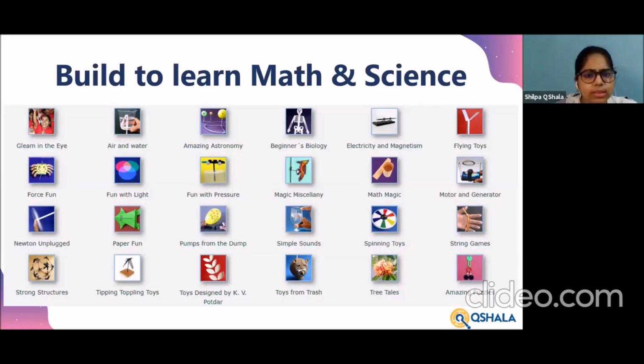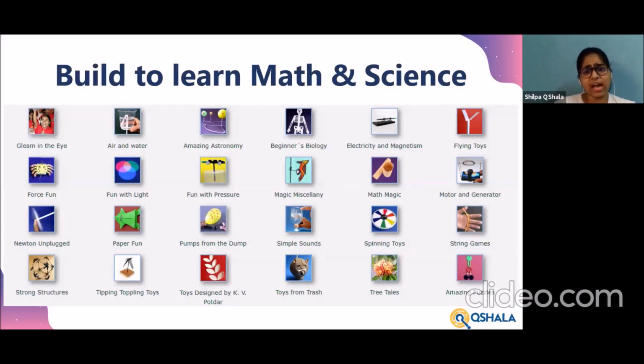All right. So like I was mentioning, here are a few topics that he's done a few experiments on. One of them I will be showing to you, where he uses very simple things from his house to explain how eddy currents work in science, right? And that really eases out how you try to explain certain complex concepts, that too on an online platform.